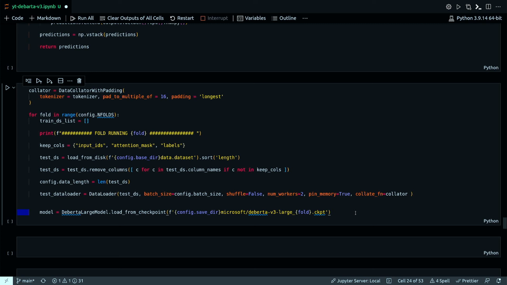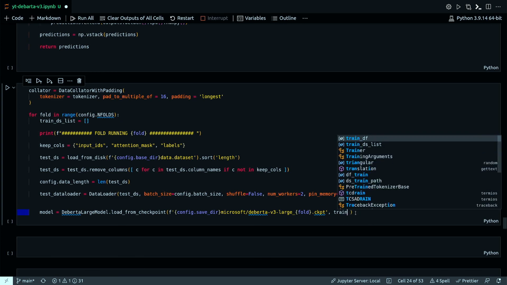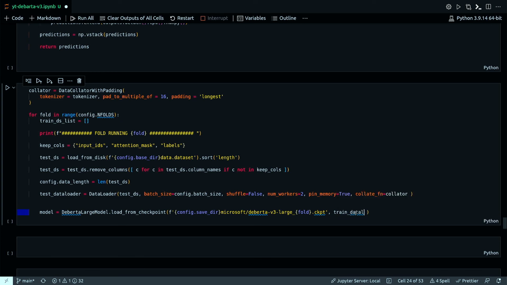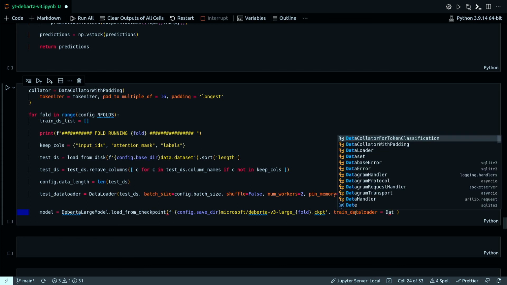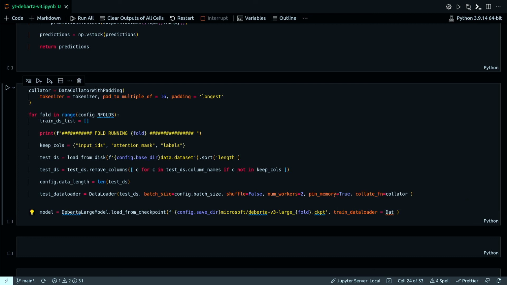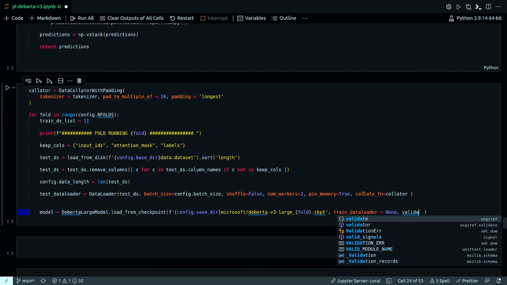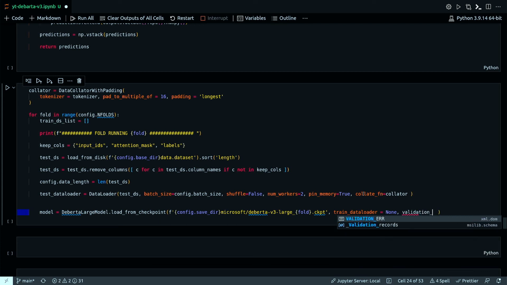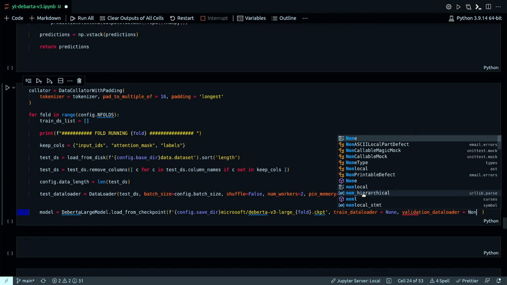Okay, then train data loader will be none, and validation also none.